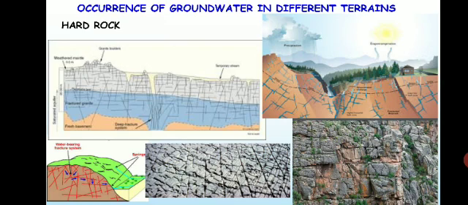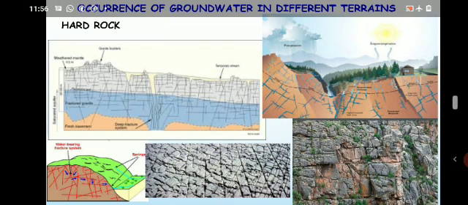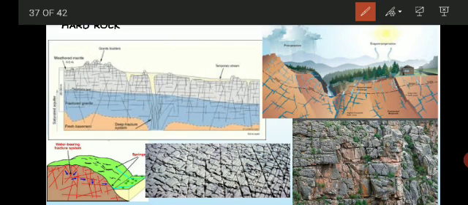But when these hard rocks undergo weathering and form cracks, you can see in the first two images a number of cracks through which the water is percolating downward. Here you can see the cracks through which the groundwater percolates into the ground. Here also you can see the water-bearing fractured system,